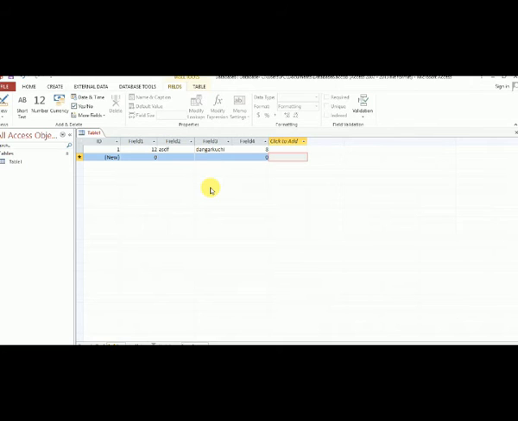After that, this table is transferred to a live online database, because this one is an offline database. It is transferred to an online database after publishing, and before publishing you require domain and hosting. Okay, domain and hosting.